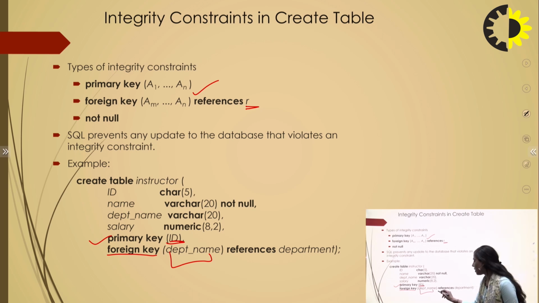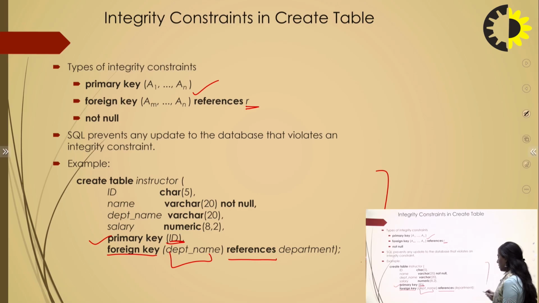We have to reference that particular table in this command. So this is how we use the commands for the primary key and the foreign key. These integrity constraints prevent any update to the database which can violate an integrity constraint. We can also use the not null value, which we mention in the same way.